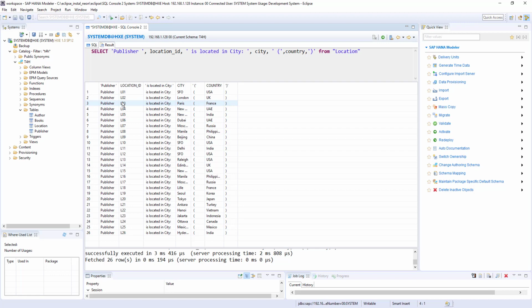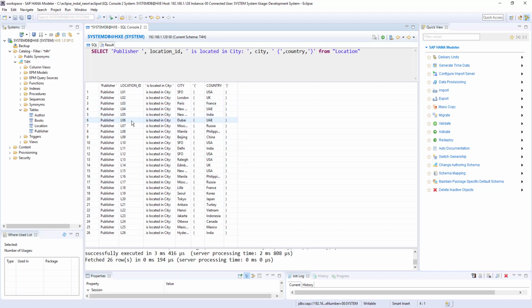So I got the result exactly how I want. Publisher L01 is located in city SFO, and in the brackets the country. But this is split into multiple columns. Publisher is one column, location ID is another, is located something like that. The actual columns are location ID, city, and country, and the rest of them, 4 columns, we added as literals.